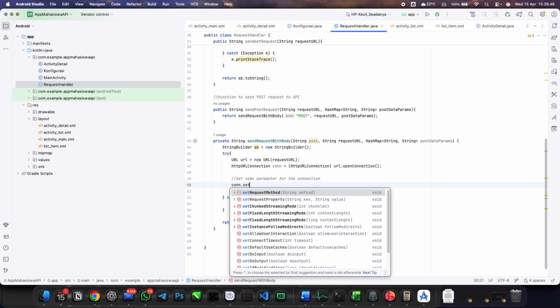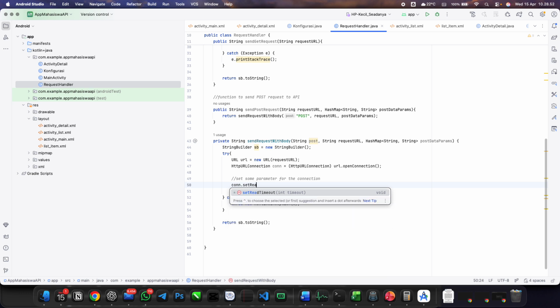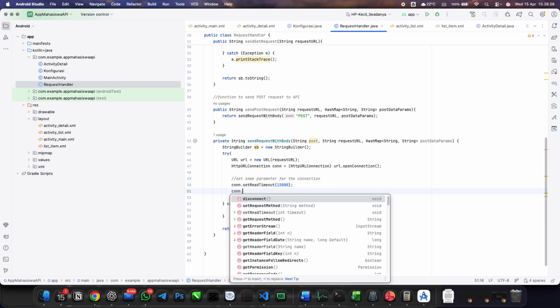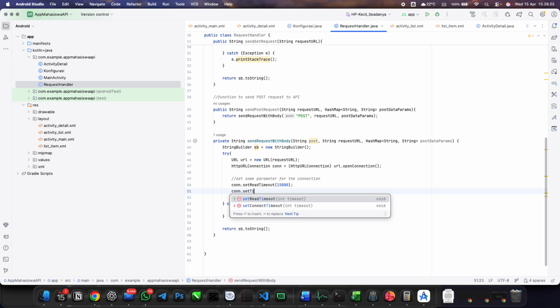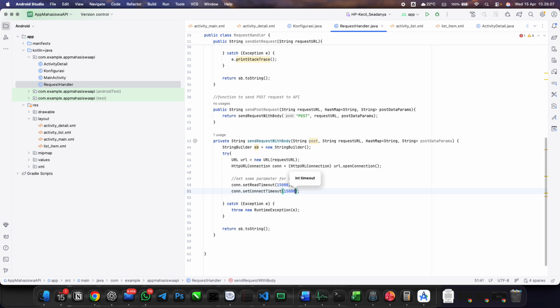Con dot set read timeout, we will set as 1500 milliseconds. Okay, con dot set connect timeout, we will set as 50,000, the same.